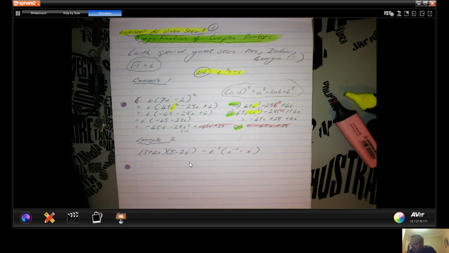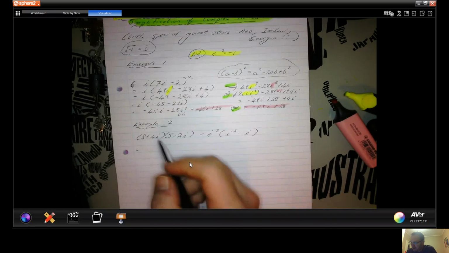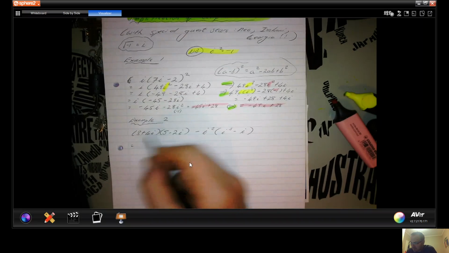So you've got 3 plus 4i times 5 minus 2i, minus i squared times i to the 5 minus 1. Well, the first thing you're going to do is apply FOIL here. So Georgia, if I apply FOIL, what do we get? Okay, you're going to get 15,